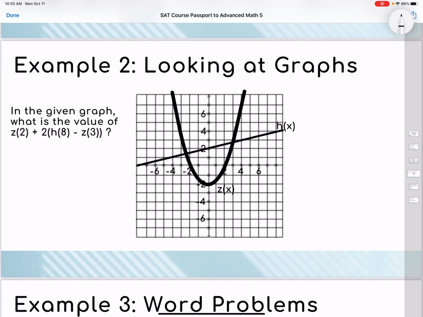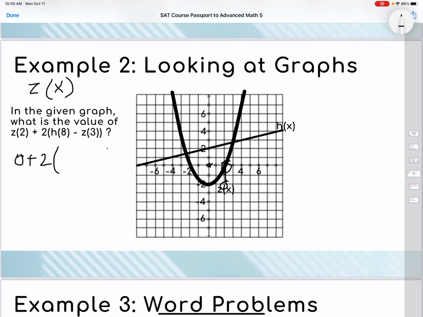If 2 is inside the parentheses, that means that 2 has replaced x because the function is z of x, right? So we're looking for what is the y value of the z function when x is 2? Well, let's see. Here is the x value of 2, right? If we go up and see where that one is, it looks like 0. Because when our x value is 2, which is 1, 2 from the origin in the middle there, that z value is at 0. It's at a 0 y value, so it would be 0 plus 2,